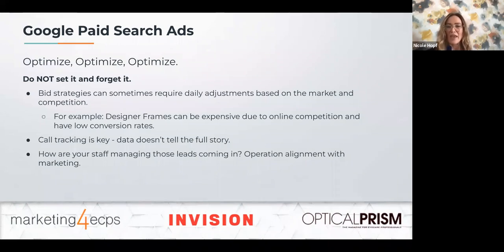People that search on paid, when they're clicking at the top, are incredibly high intent, meaning they are not looking to book a month from now. They're typically looking to book within a day, within a couple days. But with that high intent usually comes a really high conversion. So we want to ensure that when someone calls, they're able to get in right away. Perhaps they're leaving their job and they want to go through their spending account or benefits or insurance. So we are really looking to align your operation with the call tracking, ensuring those are working together.